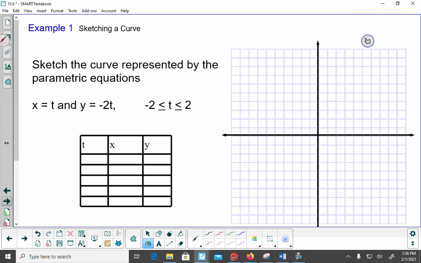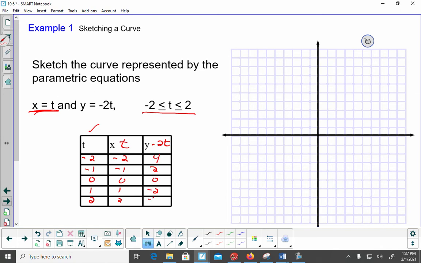Let's just do one. So if I want you to sketch the curve and I tell you x is equal to t and y is equal to negative 2t, and I define the parameter t between negative 2 and 2, the first thing I'm going to do is make a chart, and I'm going to put the values for t in, which we'll just do negative 2 through 2. X I said is equal to t, so I'm just going to put t in here, so that's going to be negative 2, negative 1, 0, 1, and 2. That was simple. And then y is going to be negative 2t. So I'm going back here to the t column and multiplying by negative 2. And when I do that,